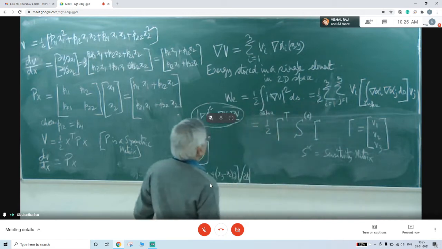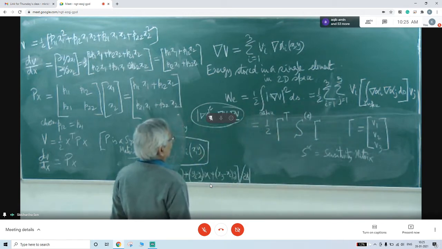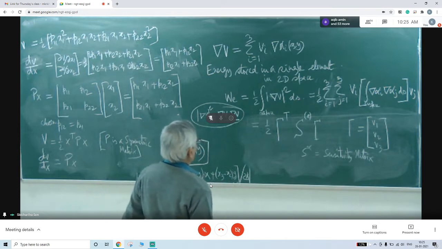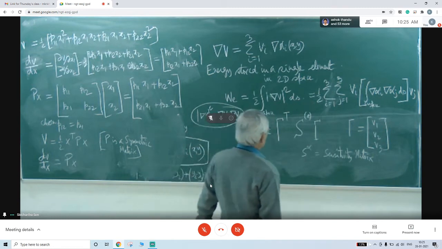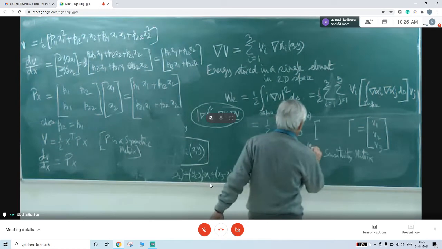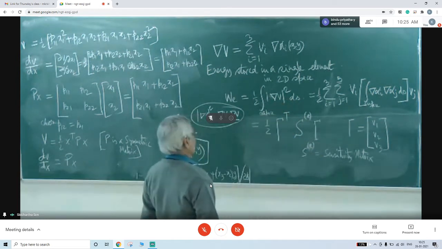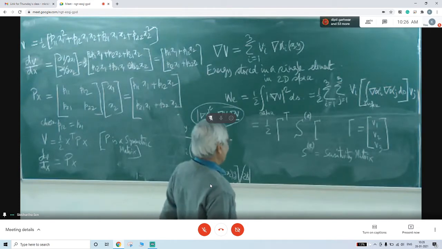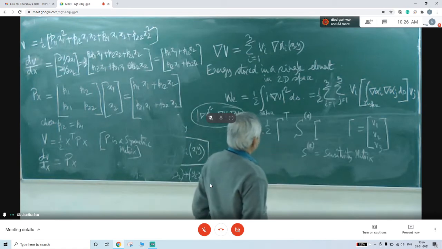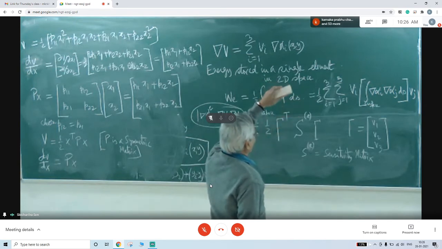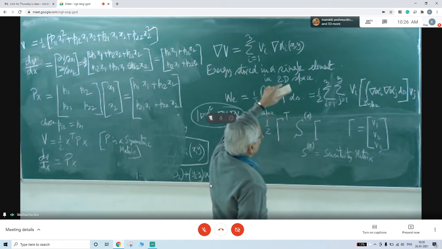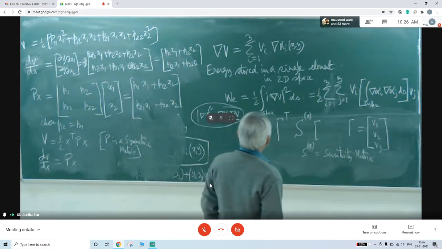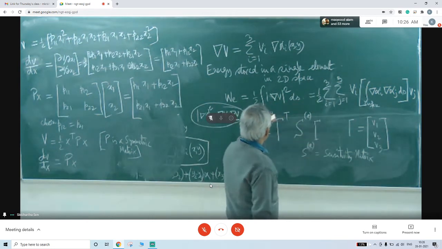Because it is also the same thing what we have seen, that half X transpose Px, we can write it in this way. This is the energy function. But this S, rather, sorry, not alpha, I call it SE element. So this is the sensitivity matrix. It includes all the alpha I, alpha G, J, and there, all the things there, and their derivatives, integrals, and so many things there. But this is a decent one, and this we can easily go for it.